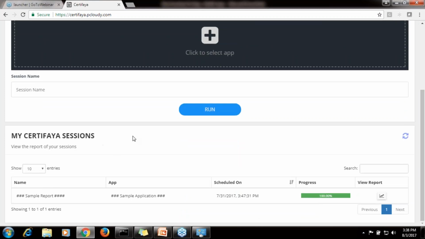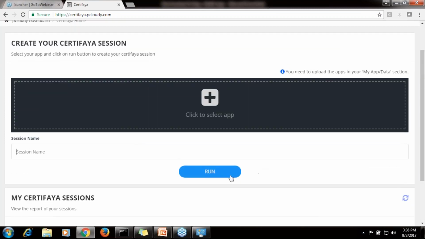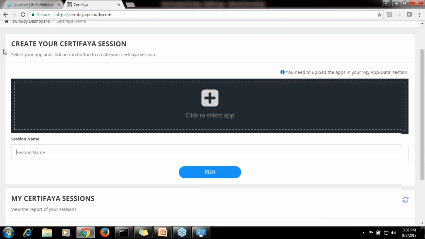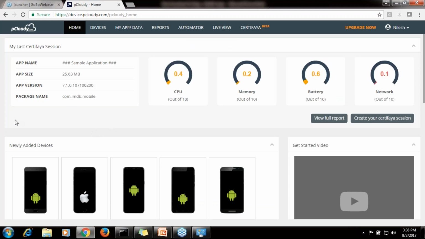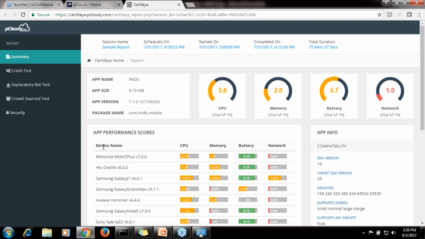After that, you just say run, and once you say run, on the selected devices the application will start getting installed, and you will get similar results to what we have shown you here, in which you start seeing whether the application is installed on those particular devices or not. So in one single shot, you can connect to 100 devices, 50 devices, or whatever list of devices you have. And if I go to the full report here, you will start seeing this kind of report